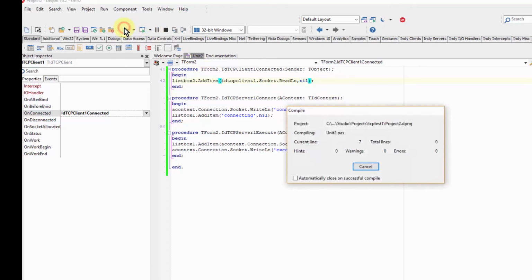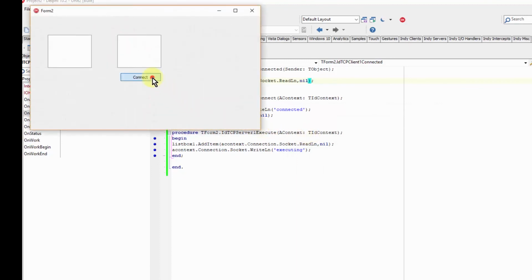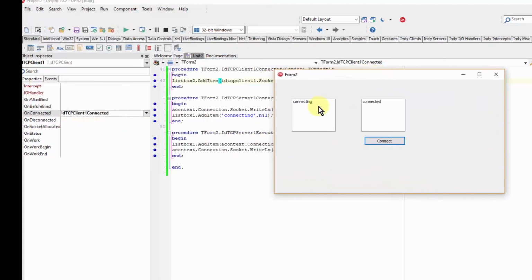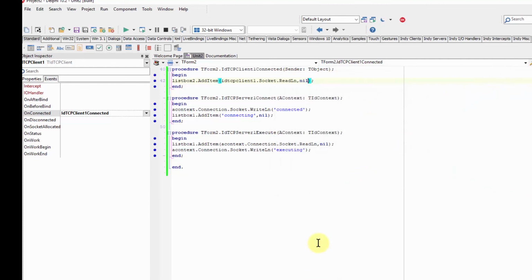Okay, run it, connect, and there we see it is connected. That was the message given from the server. So it seems to work well. We now like to give a message to the server from the client. We have now only made the connection, so we close it, close the application, and